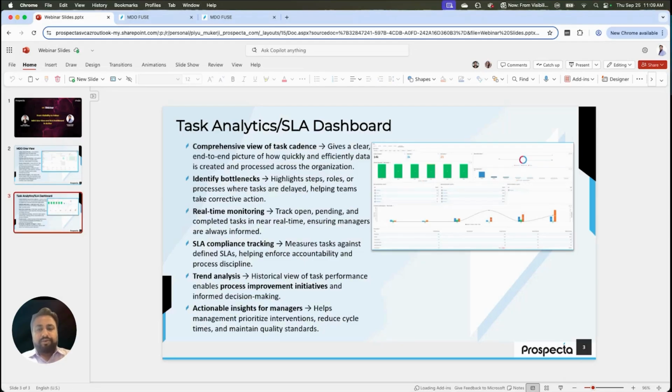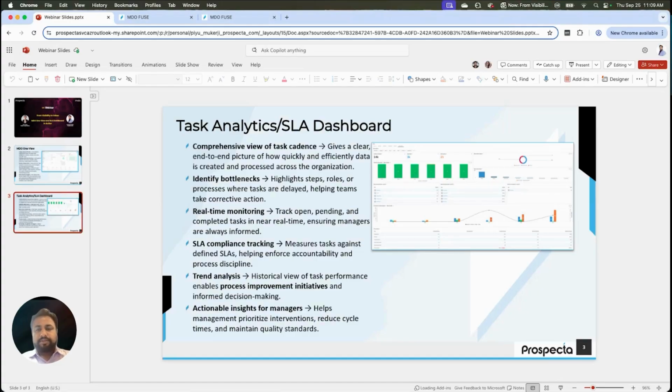It furthermore gives you a trend analysis, enabling continuous improvement initiatives and smarter decision making. In short, task analytics or SLA dashboard transform task execution into measurable performance indicators, ensuring organizations can govern data operations with speed, transparency, and confidence.